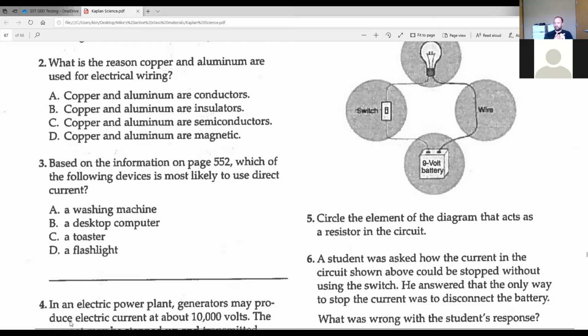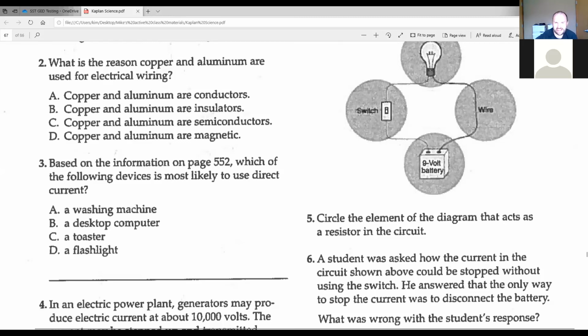C, the toaster, same thing. Plug it in. So the answer is D, a flashlight, right? A flashlight uses batteries, which was the one example we talked about when we talked about direct current, because you plug those batteries in a chain, and the electricity is generated here, and it runs through this battery, to the next battery, to the next battery, to the light on the flashlight, right? It doesn't go back the other direction. So your answer would be,